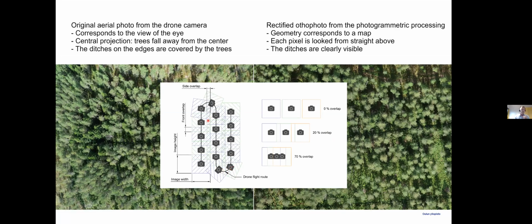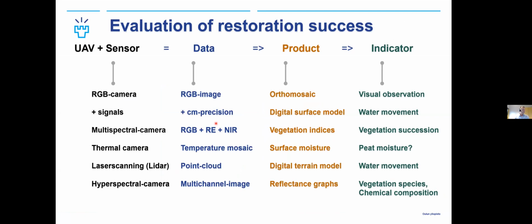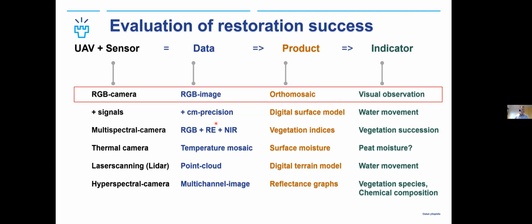It makes it possible to make very detailed orthophotos but also very detailed 3D images from the sites. So drones basically offer a lot of possibilities for different kinds of evaluation. We can have just a normal camera making the ortho mosaic just for the visual observations. This can be very useful to quickly evaluate how successful there has been, for example,